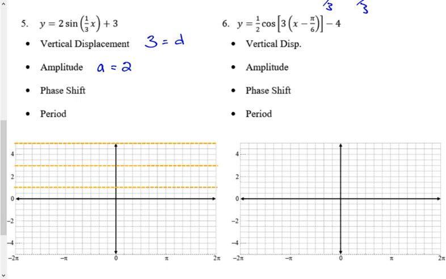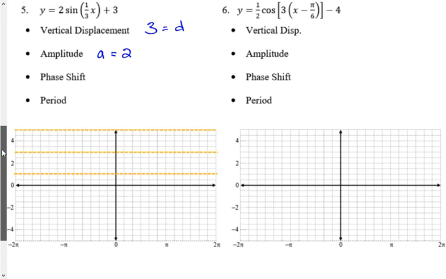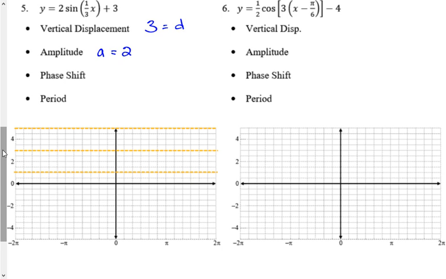So I've looked at the vertical displacement and I drew my dotted line for the center line at y equals 3. Then I looked at my amplitude, and so I went 2 units above the center line and 2 units below the center line. Any questions up to there? Okay,